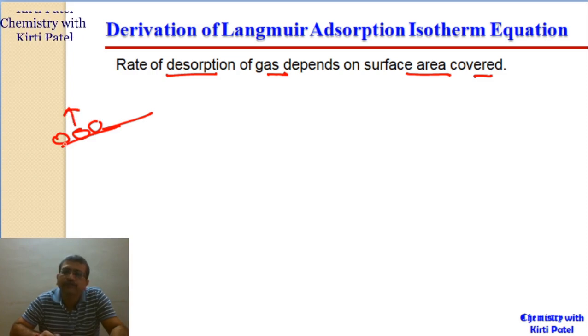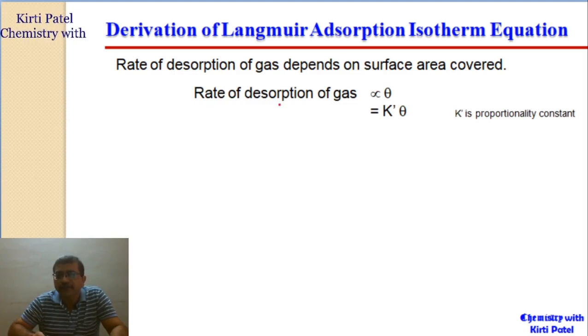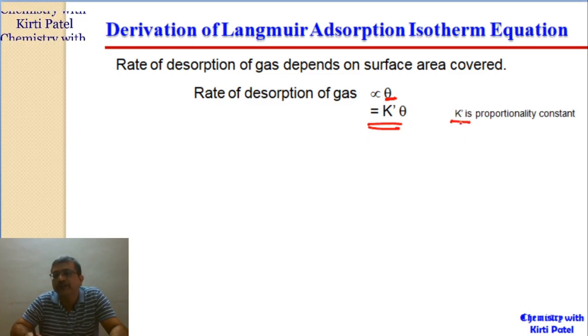So there will be desorption happening from the surface area which is already covered. So we can say that the rate of desorption of gases is proportional to the area which is already covered, that is theta. So rate of desorption of gas is equal to K dash into theta, where again K dash is another proportionality